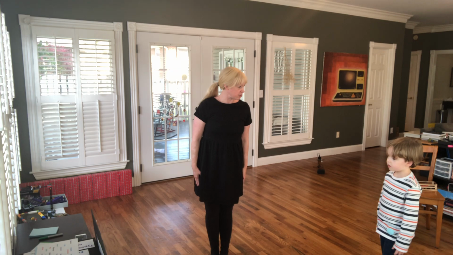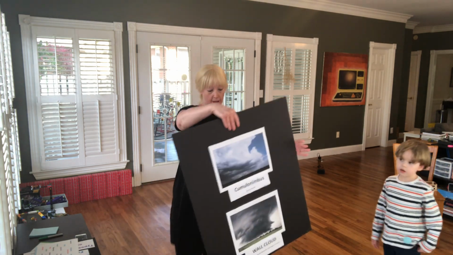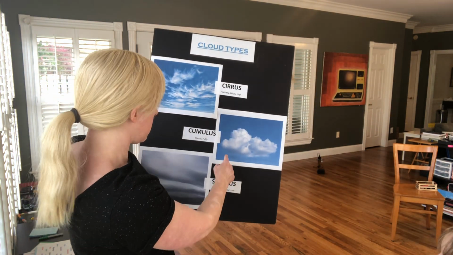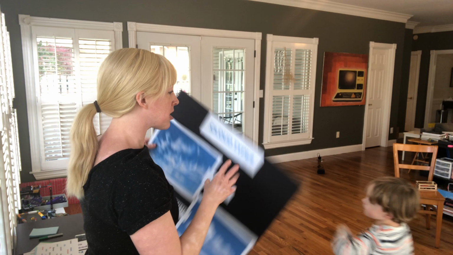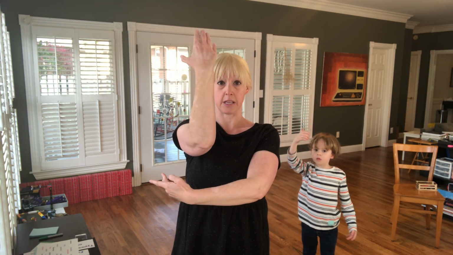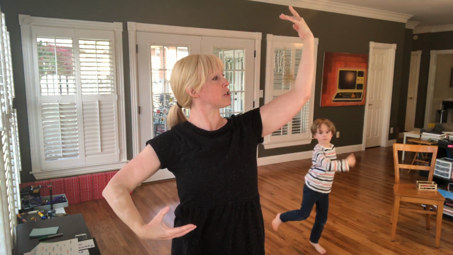I think we should introduce the third main type of cloud. This is a cumulus cloud. Oh, look at these. They're round and puffy. Hey, we talked about those shapes. Everybody, I think we should make a curvilinear shape. Can you copy mine? Can you shadow my shapes? These are curvilinear shapes. If you're watching my class, you'd be mirroring my shapes. These are curvilinear shapes. I think that if you were a cumulus cloud, you would definitely be a curvilinear shape,